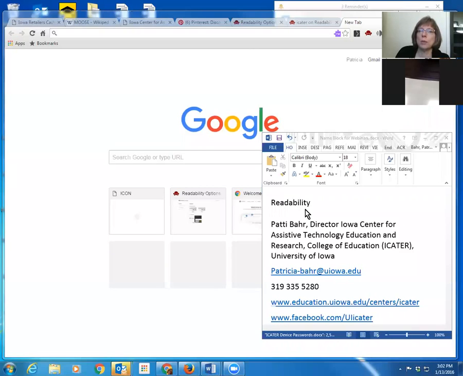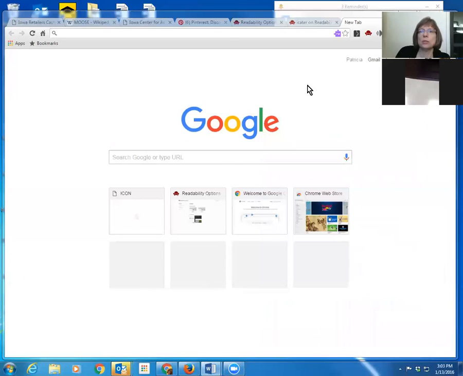And today I'm going to show you the Google extension. So this is a little different than we've been doing in the past. We've always been doing iPad apps, but today we're going to do the Readability Google extension. Just so you know, you have to be in Google Chrome in order to use